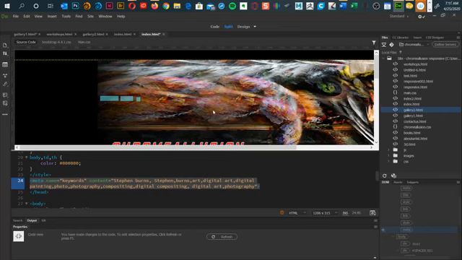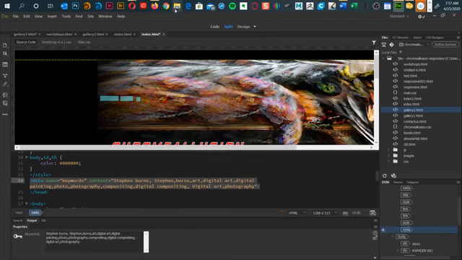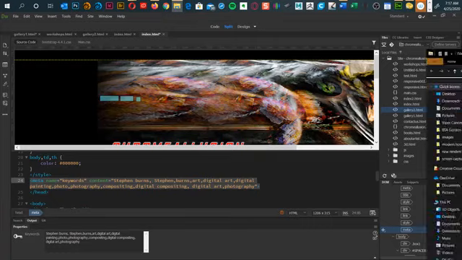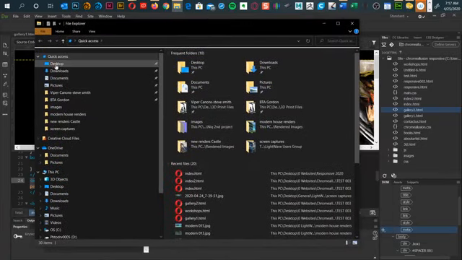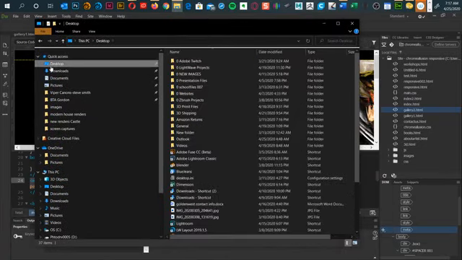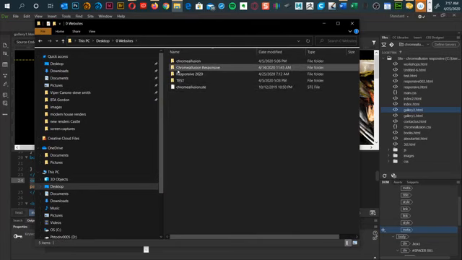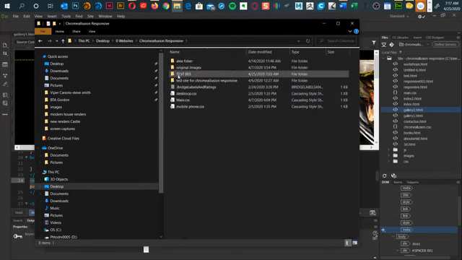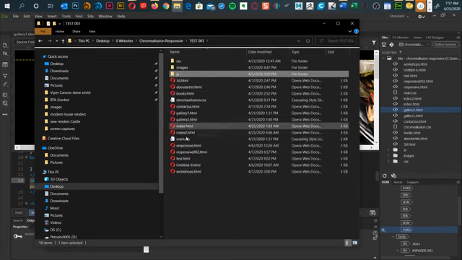In other words, if I go over to Windows Explorer, I'm going to do this outside of Dreamweaver, and this is important. You can only do this outside of Dreamweaver. I'll go to my websites. Let's go find it there. I will go over to my Chromolution Responsive, and I made a new folder called Test 3. This is my entire website that I've done for the class. So I will select all of this,